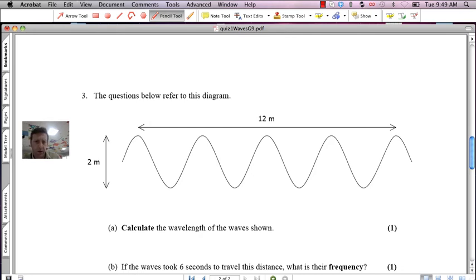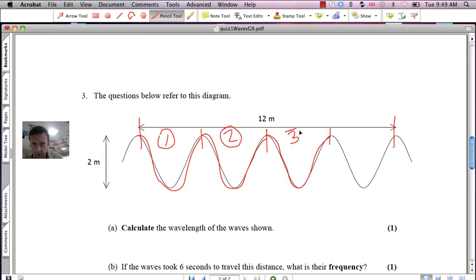Here's my diagram. I've got 12 meters from here to here. Calculate the wavelength of the waves shown. Well, I've got this distance of 12 meters and I want to work out how many waves are in this distance. So I'm going to count my waves. A wavelength is any two similar points, peak to peak, trough to trough, whatever. So I'm going to count. There's one wave, peak to peak. There's two waves, peak to peak. 3 waves,